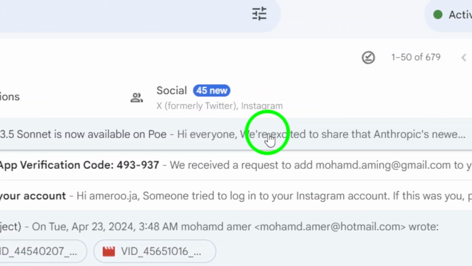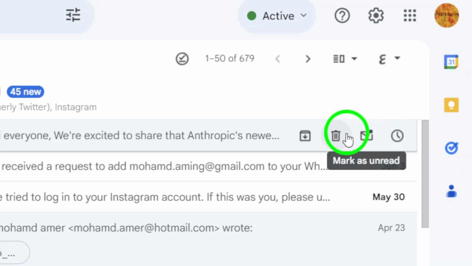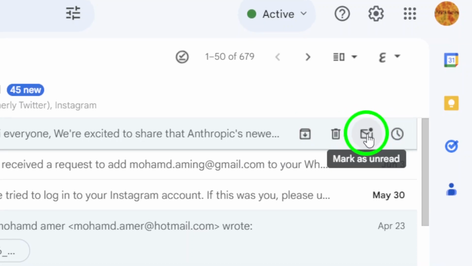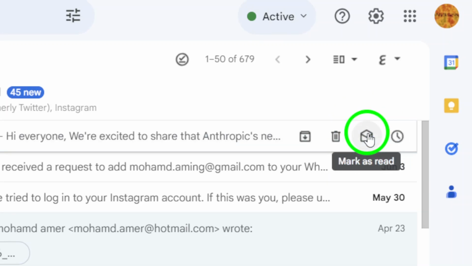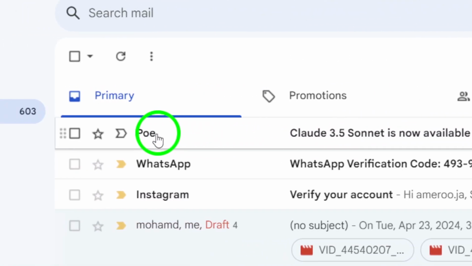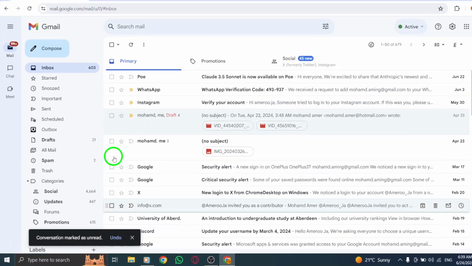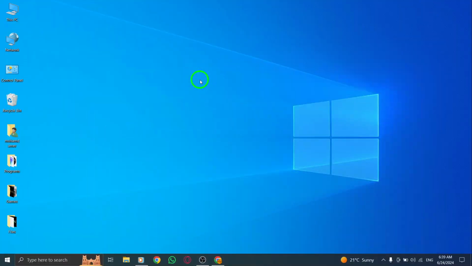Now, hover your cursor over the email. You should see a few icons appear next to the email, including a small envelope icon. To mark the email as unread, all you need to do is click on the envelope icon. This action will reset the email status to unread, making it easier for you to identify and follow up on later. And that's it. With just a few simple steps, you can quickly mark an email as unread on Gmail